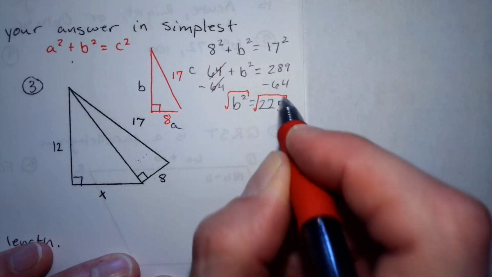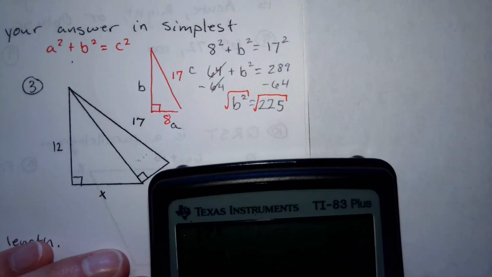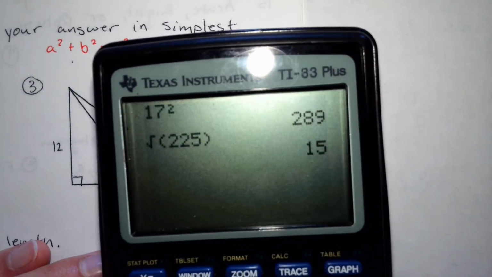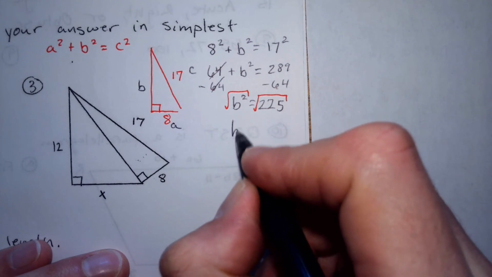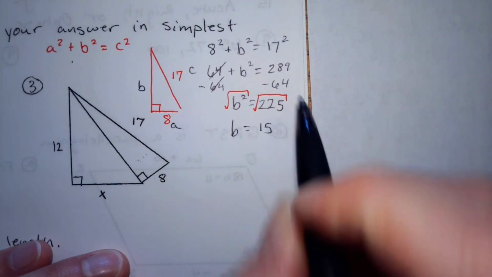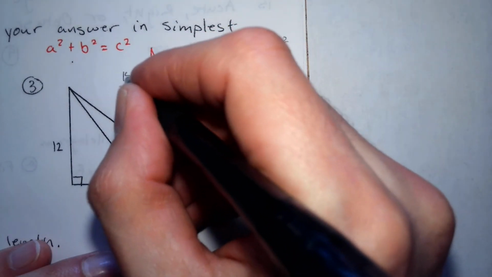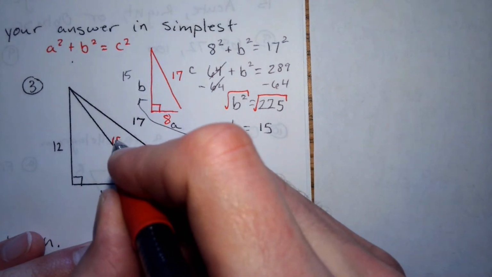Now, a lot of people tried to break this down. Whenever you're doing a square root and solving like this, I would suggest always just trying to put the square root in your calculator first, because it turns out this one is a really simple one. It turns into just regular 15. So b equals 15, which means that's 15, right? But notice that 15 here is right here, which also means in this triangle,